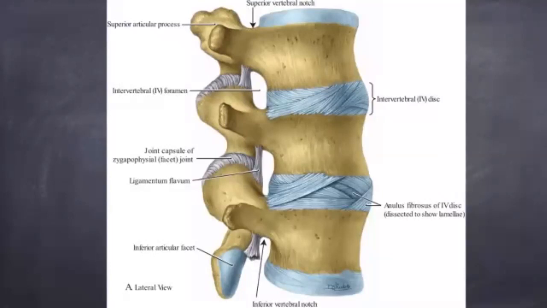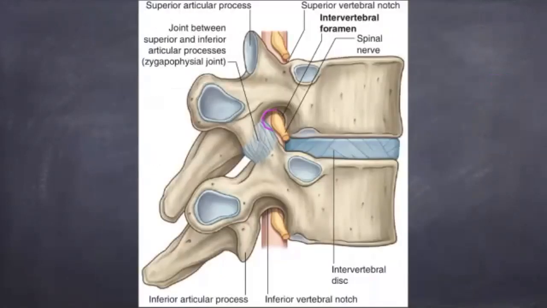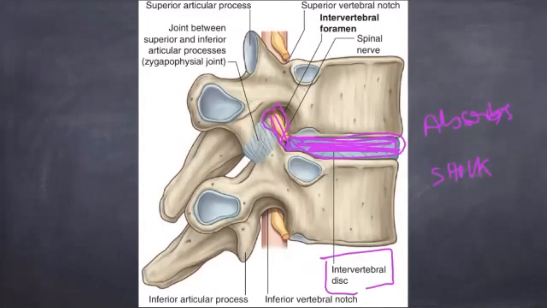And again these lumbar vertebral bodies are divided by adjacent discs. These are called intervertebral discs, right? This is the vertebral foramen. The spinal nerve is emerging from the intervertebral foramen. This is the intervertebral disc, which gives the vertebral column the ability to absorb shocks. The intervertebral disc acts as a shock absorber, right?